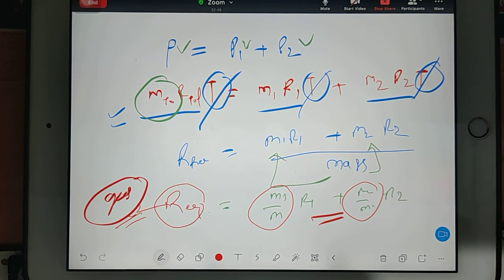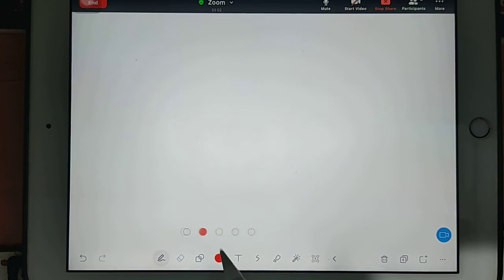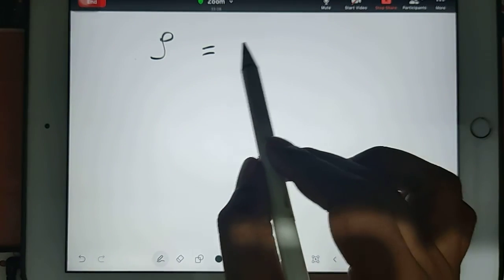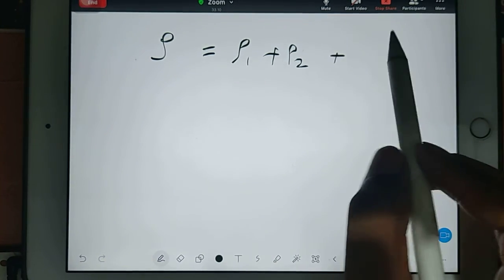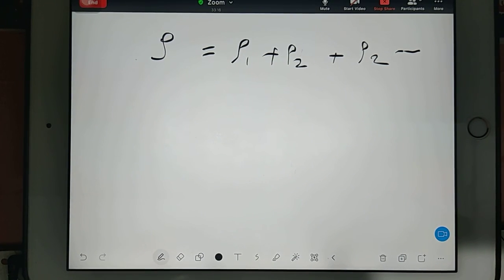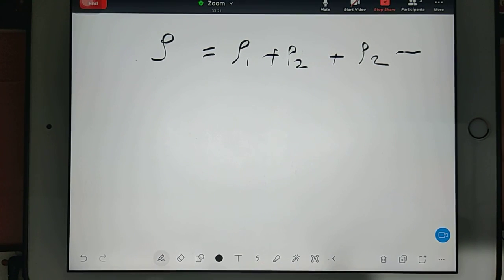In the same way you can do it for the density of the mixture also. For density of the mixture you go with the volume formula. In the same way you write your equation, and you can write like this: the density of the gas is the sum of all the densities. Just keep this in your mind: rho 1, rho 2, rho 3 like this. And specific internal energy you can also write by the same direct addition. Those things I have given you in the PDF. That's all, this much is enough. And now we can change our topic.